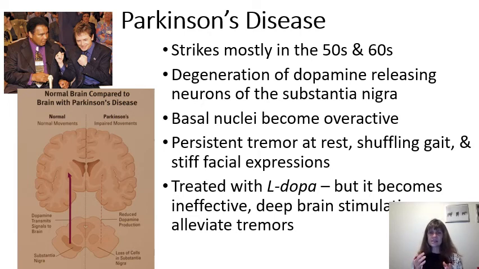Parkinson's disease is treated with L-DOPA, which is a chemical mimic of dopamine. However, it becomes ineffective very quickly over time, and sometimes deep brain stimulation with electrical stimulation can help alleviate